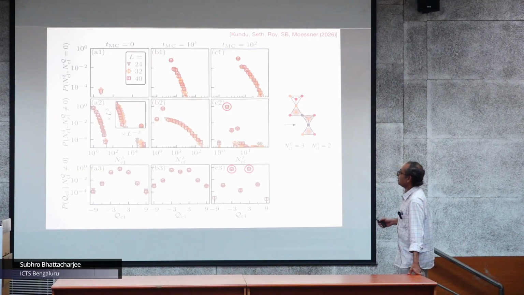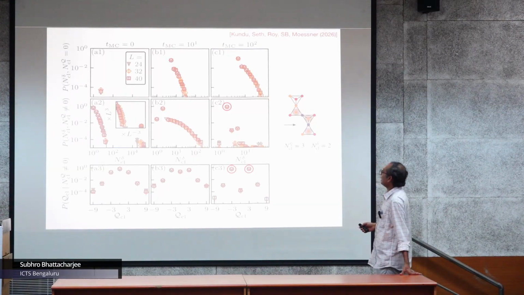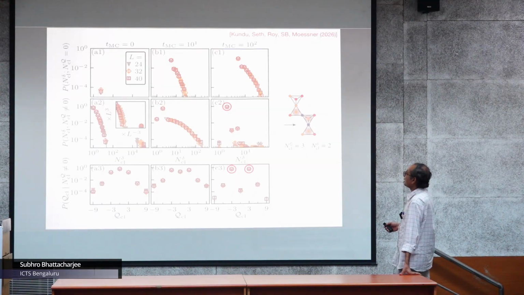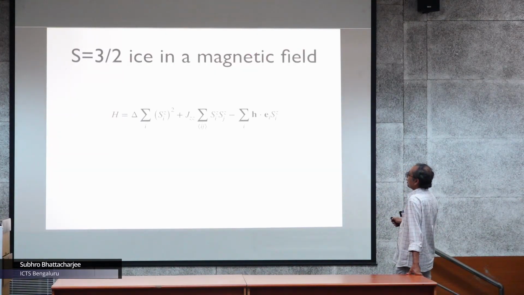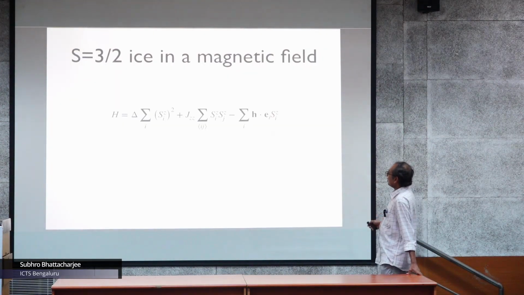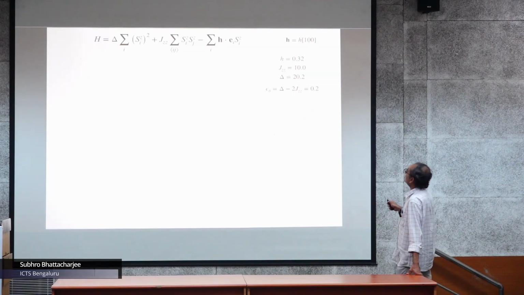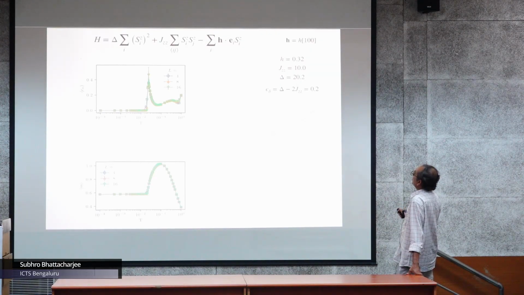In the interest of time, let me tell you about a particularly interesting new result that we found, which is trying to put this spin 3/2 ice in a magnetic field, where this was the old Hamiltonian and I have put it in a Zeeman field. I'll now consider 2 particular directions of the magnetic field and tell you about the outcomes. Okay, so let's first consider the magnetic field in the 100 direction,